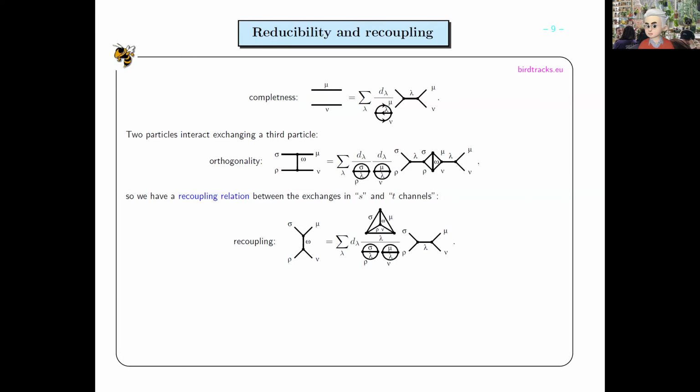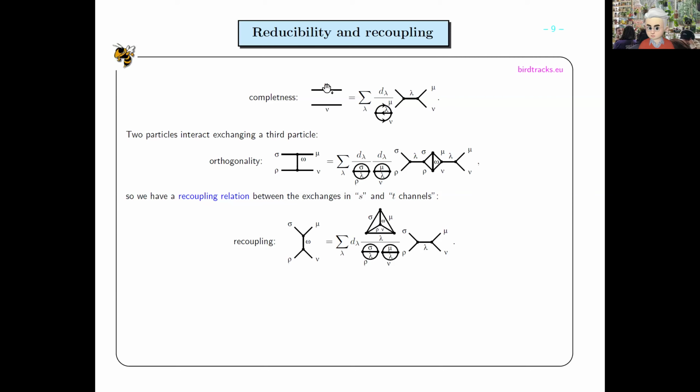So one thing I like about this Birdtrack notation, things that look kind of a little bit obscure in the usual notation are things like Wigner 3nj and 6nj coefficients. In the Birdtrack way of doing this,